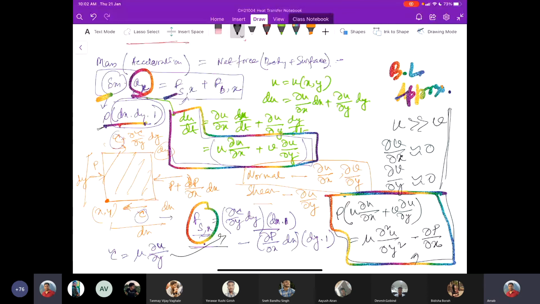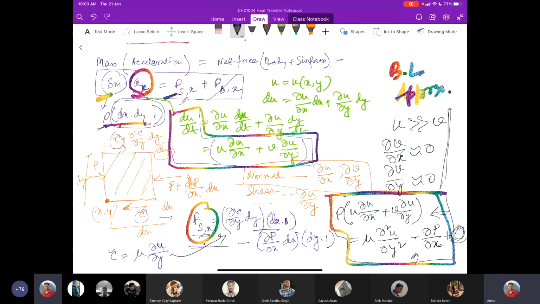Fine. But before that, up till now, is there any question on this equation? Yeah, go ahead. Sir, where did you use the body force? We dropped the body force in this case because the body force acts on the overall element, and if we consider a very infinitesimal element, we can neglect it for the time being, but if we do not neglect it, it would appear on the right hand side here.